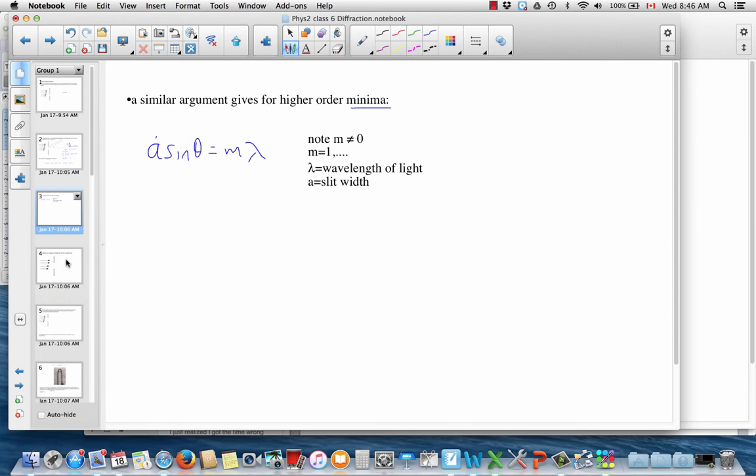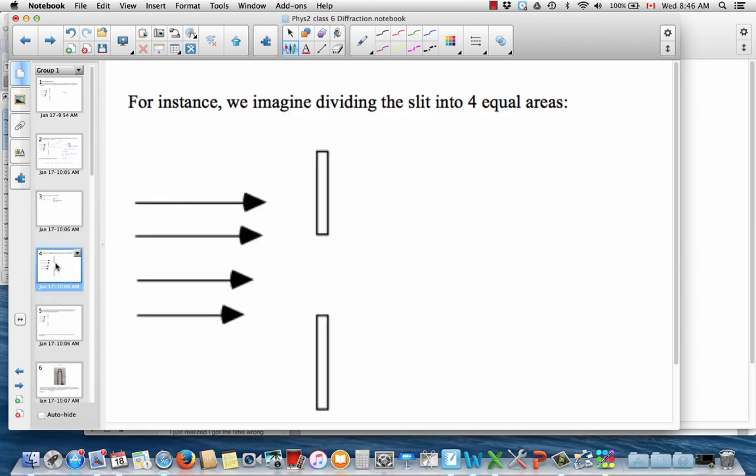Now, what about constructive interference? What about the two-slit maxima? Oh, I'm sorry, here, just quickly to show you where that relationship would come from. The way that you would derive it is you would divide the slit up into 4 parts here. So 1, 2, 3, and 4. And then you would consider waves coming from here and here as canceling each other out completely. And if that's the case, then waves from this quarter and this quarter will also cancel each other out. But now you've got, this is a over 4,